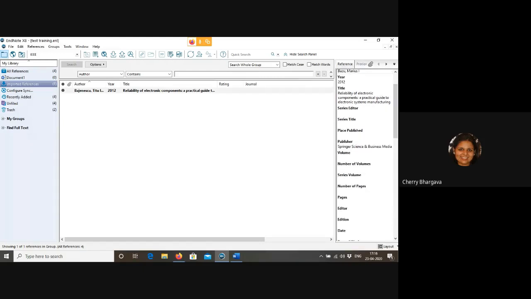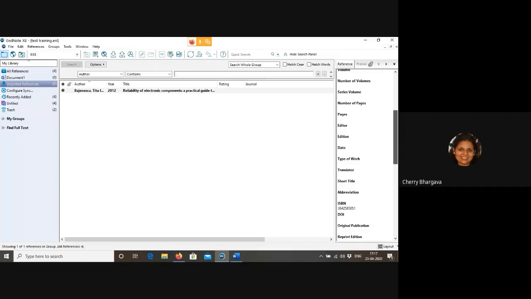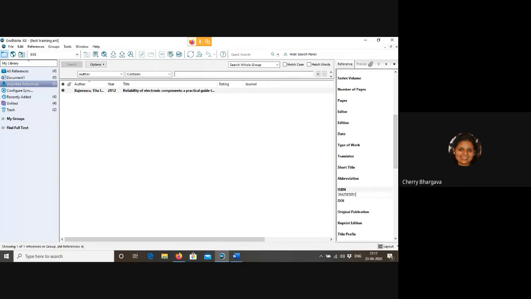This is a book, so it's written as place of publication, publisher. If it is an edited book or a sequential book, then you will find volumes related to that book as well. Yes, here look at that, its ISBN number is also available.